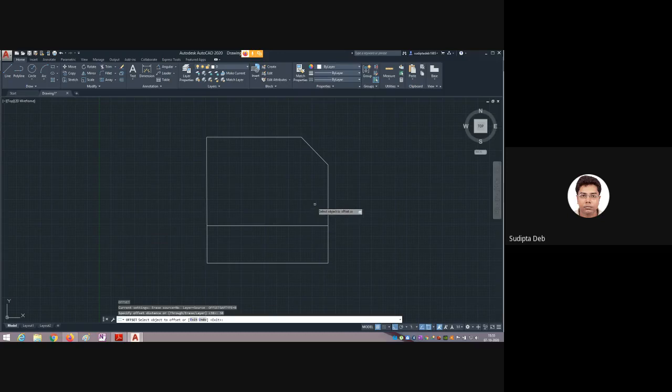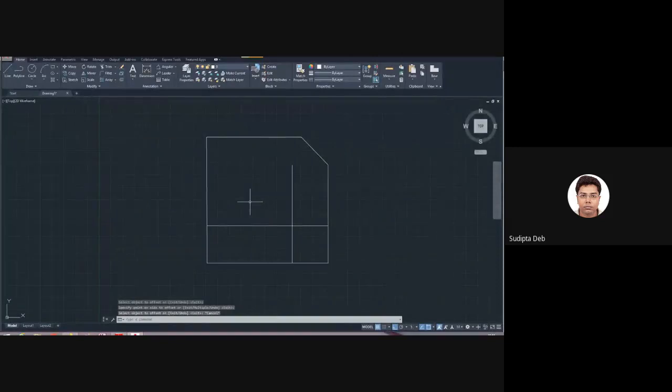Now with respect to this line, in which direction are we going to draw? This direction. So now click here. Now press the escape button to exit from the command. Understood or not? Please tell me. Yes, sir. Okay. So that means the offset command is used to draw parallel lines.